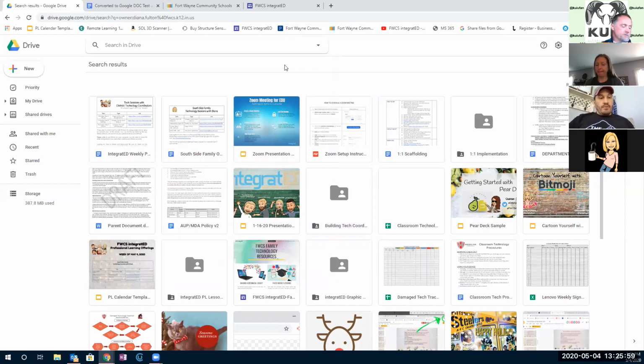Talked about starred. We just went over priority. We talked about our number changes on how you can identify your folders quickly. Talked about the star. Uploading files as well. There is another method that you can do. If I come over here and I go back to my drive,